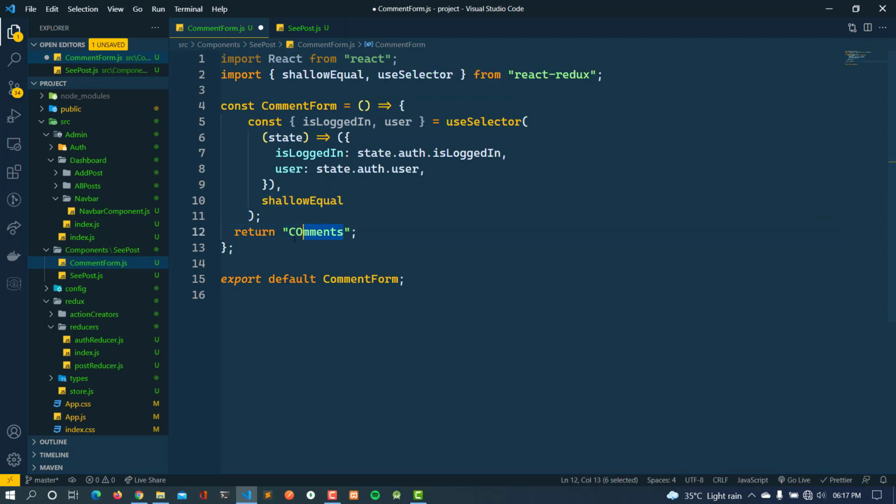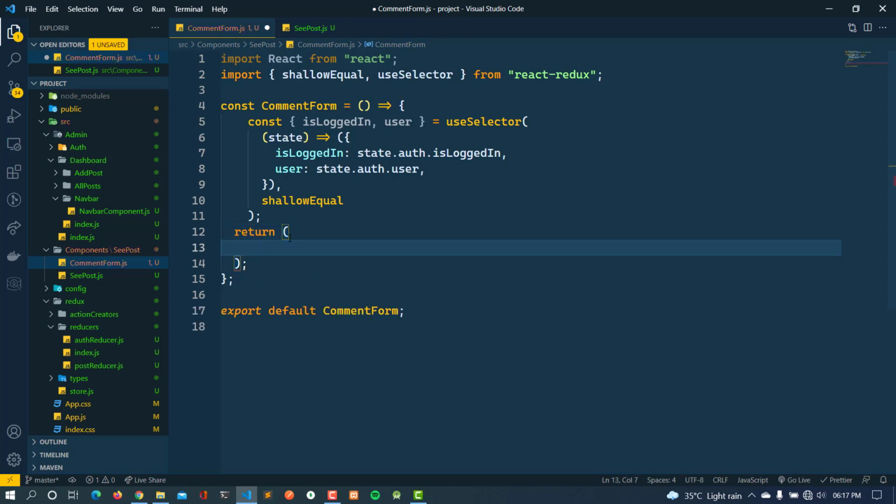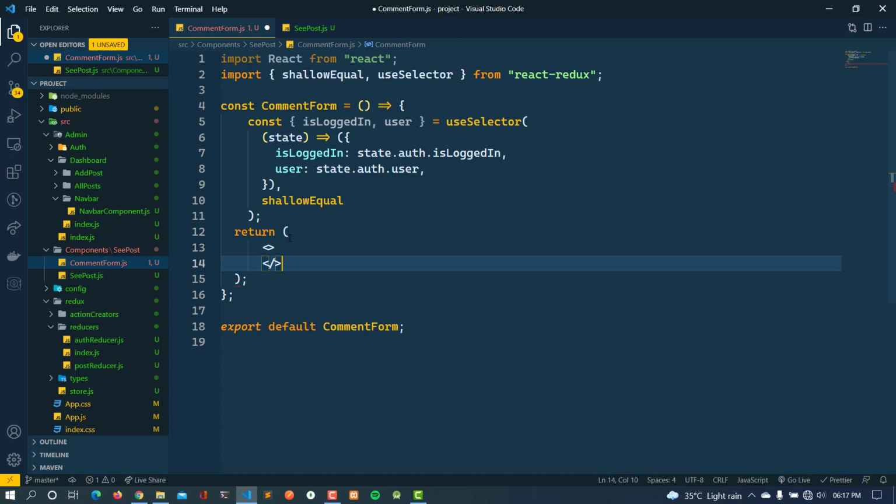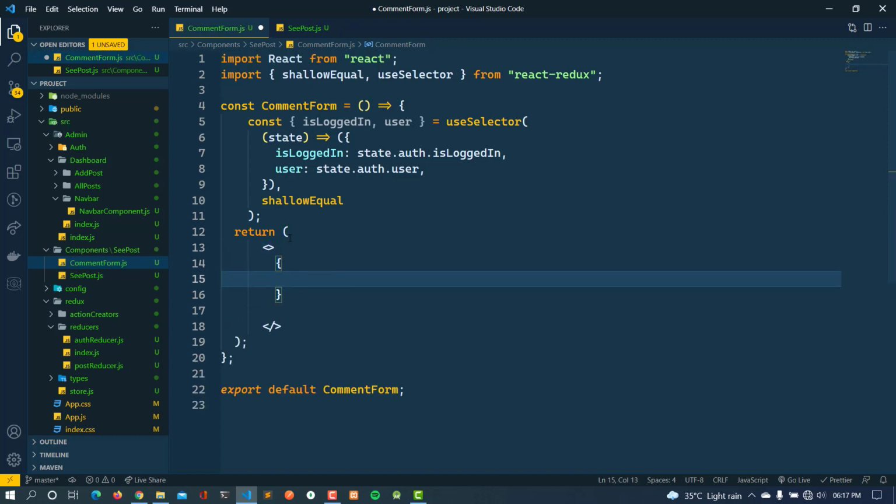This one is imported successfully here. So here we have to check if the user is logged in or not. So here I'm going to add like this, and then here I'm going to check isLoggedIn.